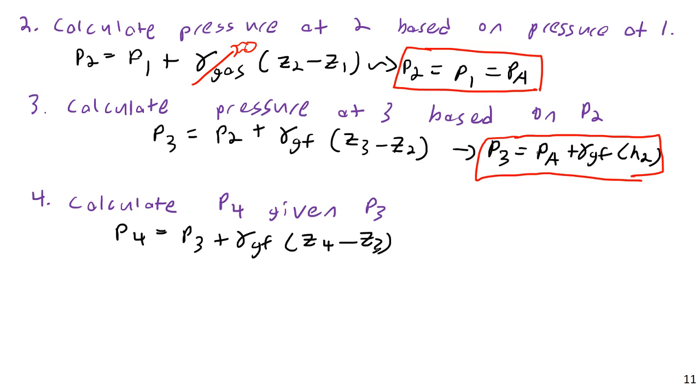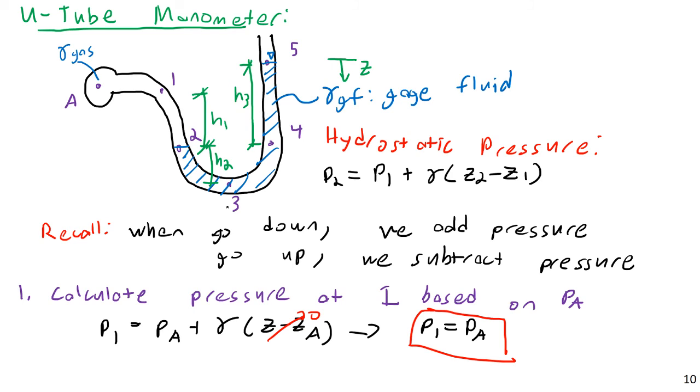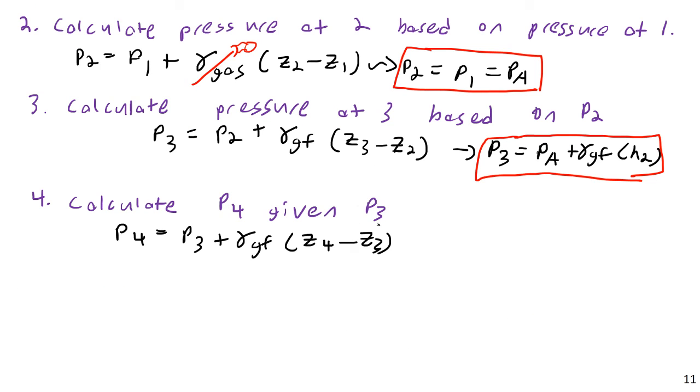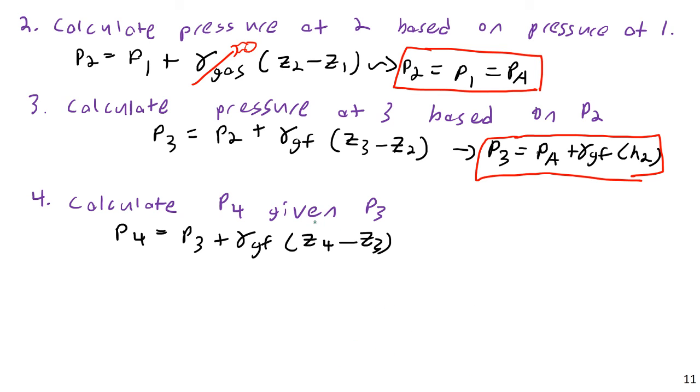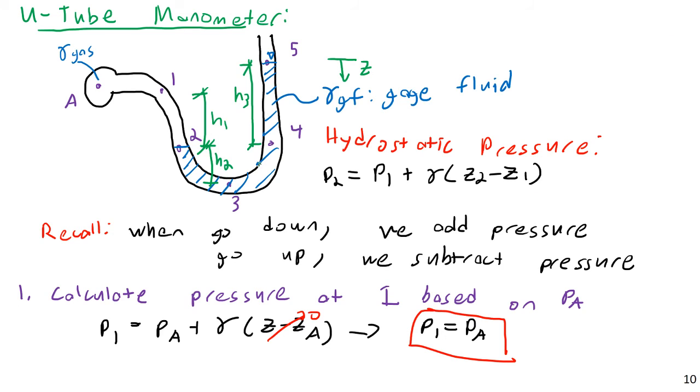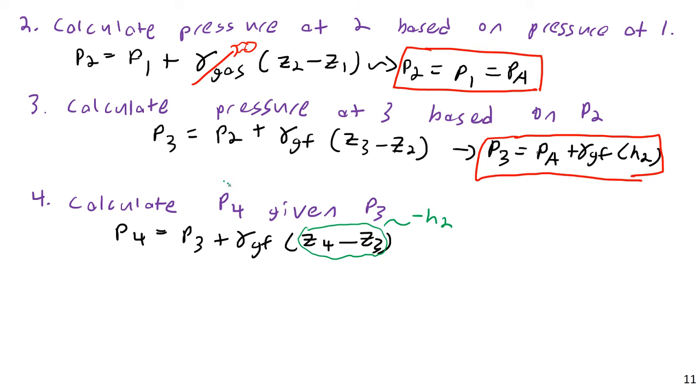However, Z4 is actually going to be less than Z3, so this is going to be a negative number. I can realize that Z4 minus Z3 is basically going to be negative H2. Z4 to Z3 is negative H2. So then, P4